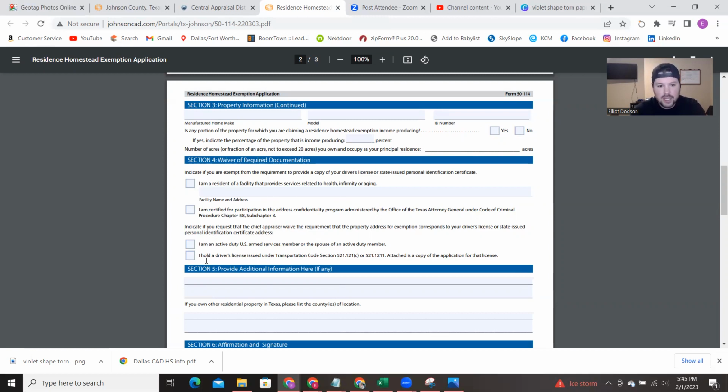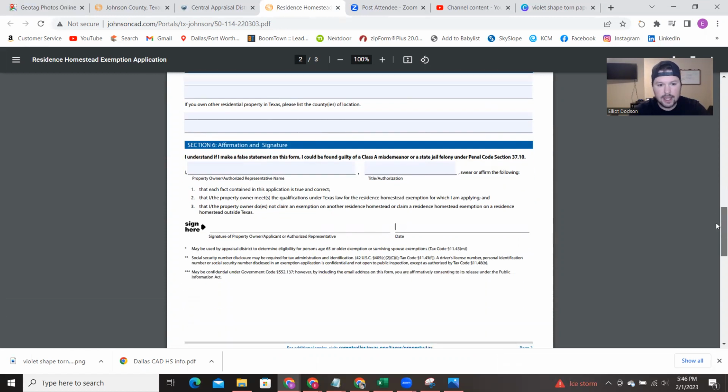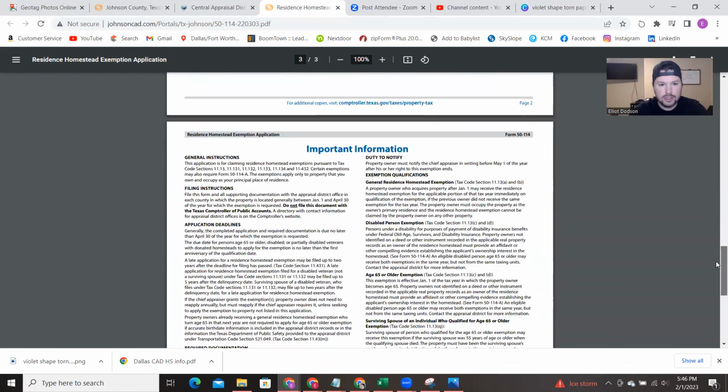And then lastly, if you have a driver's license that's issued under transportation code section, blah, blah, blah. Okay. And basically that is if you are a federal judge, or somebody that works for the government or law enforcement and your information is not public record, then you would check that. If you own other residential property in Texas, you list those. Pretty simple. Then lastly, you would put the property owner, you would put your name, and the title, you would put owner. Okay, you would sign it, date it,